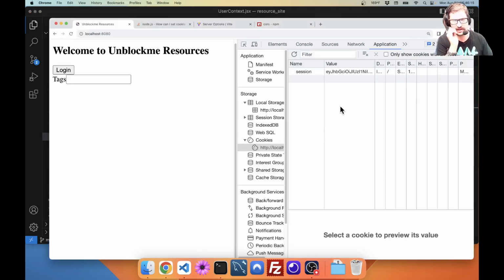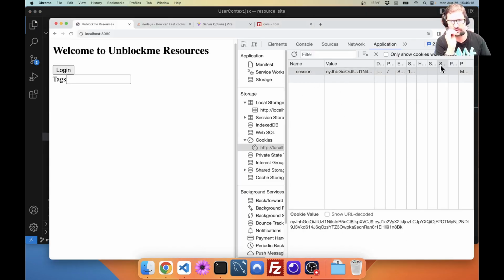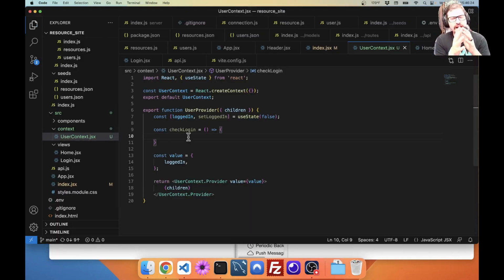And what I'm going to do here, because this is not an HTTP-only cookie, the JavaScript can access it. I don't see that as big of a security threat as some people do. I feel like if you're already logged into the system, someone who has access to your browser to the point where they can put random JavaScript on it is already probably able to listen to your network requests and get this token. That might not be the case. But yeah, I'm generally not too worried about this being read. If this is read, then you could also set this manually, like the setLoggedIn, and do it some other way, but this is kind of the best way I've found. So what I'm going to do,